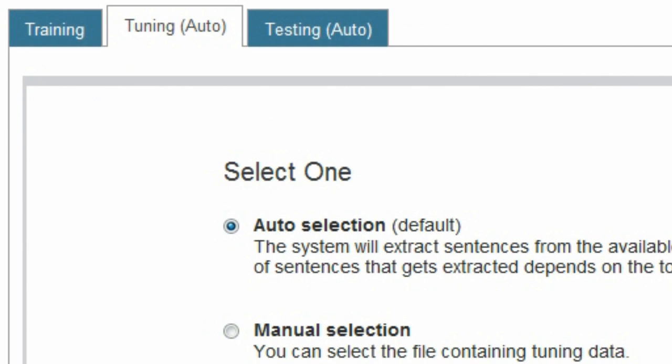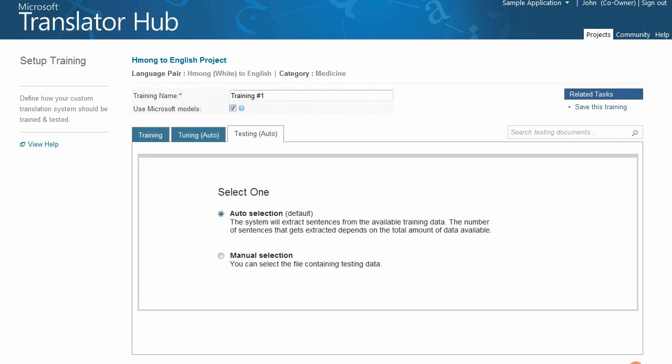Finally, let's take a look at the Testing tab. The testing data is a collection of parallel sentences that is used to test the quality of the translations. Therefore, like tuning, it should also adhere to the proper terminology of the expected output. Steps should be taken to ensure that this file contains unique sentences that are not exact duplicates of training or tuning data. This set is used to validate the translation model and is the base reference used to compute BLEU